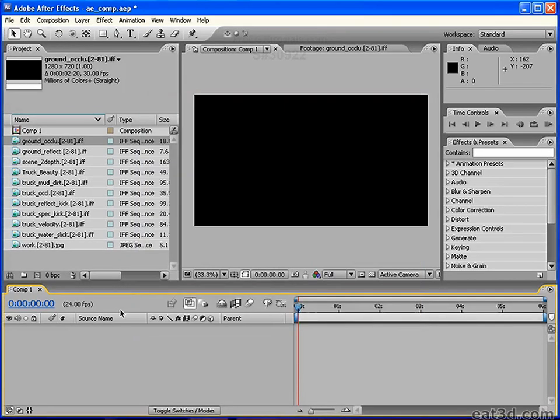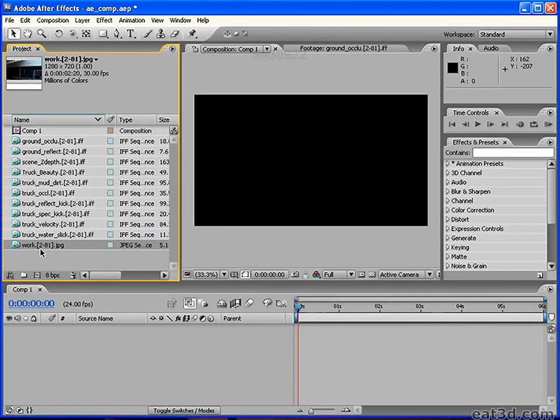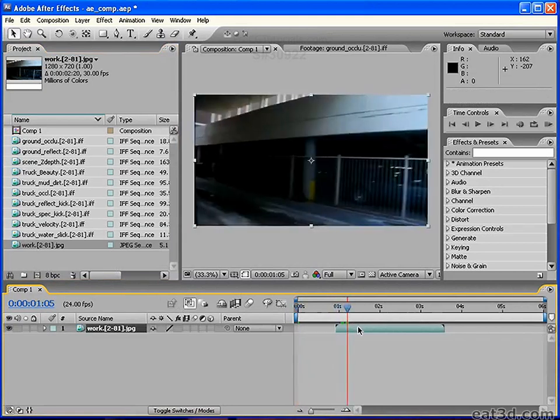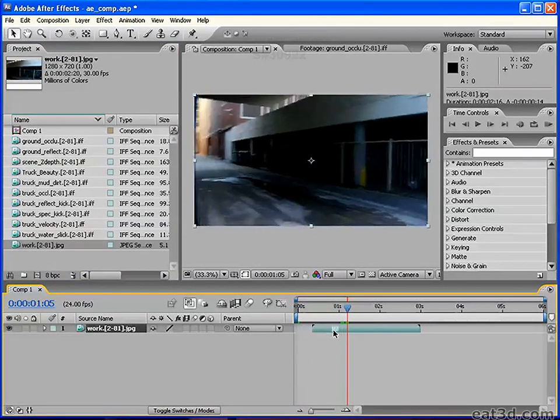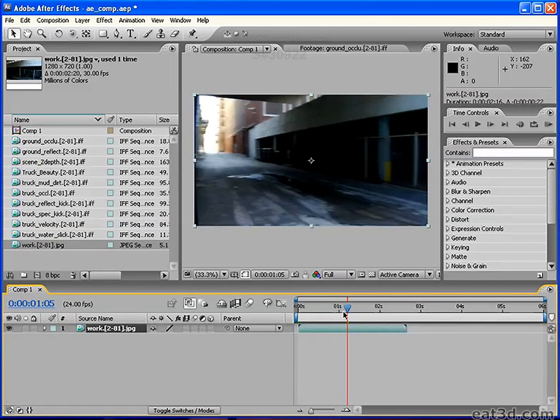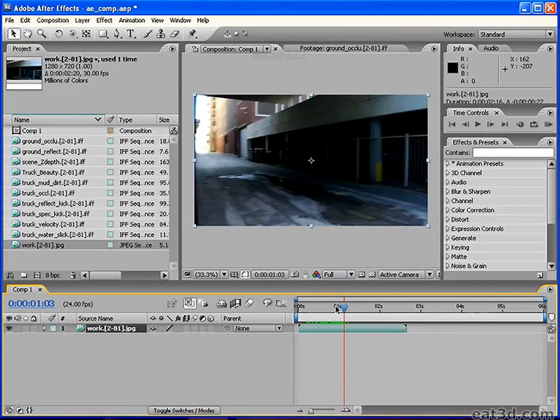And I can start pulling my files. As you can see, they're all named. Work is my original plate shot, so I'll just drag that puppy in. And if I hold down Shift and let it snap to the beginning, I can just snap it to the beginning there. Just like we did before in